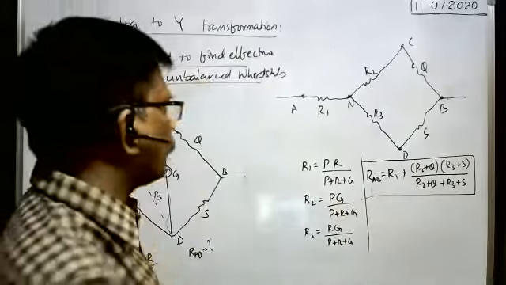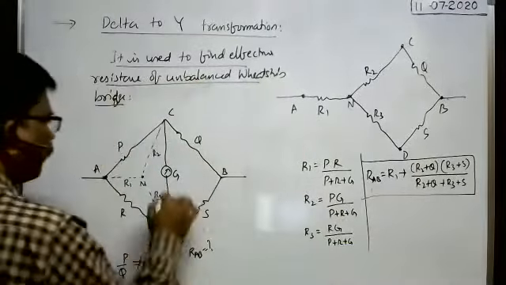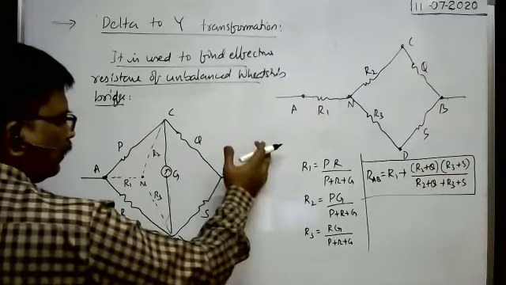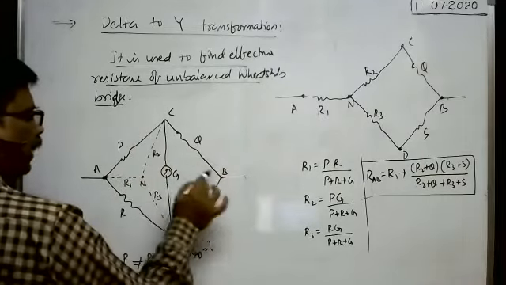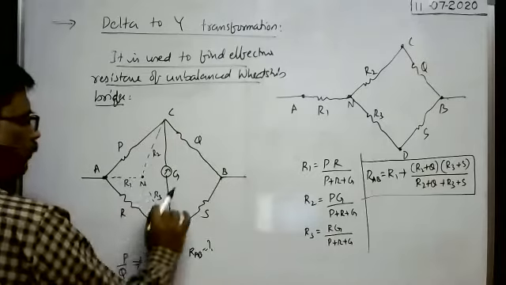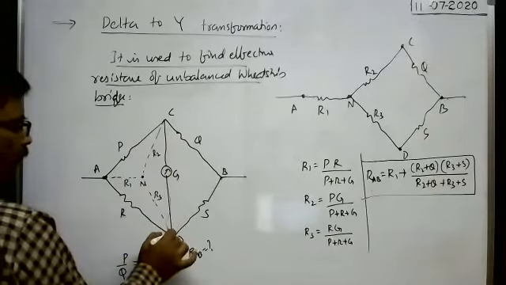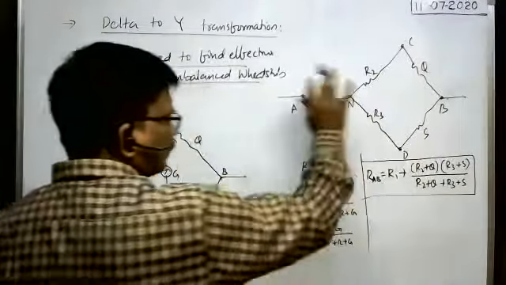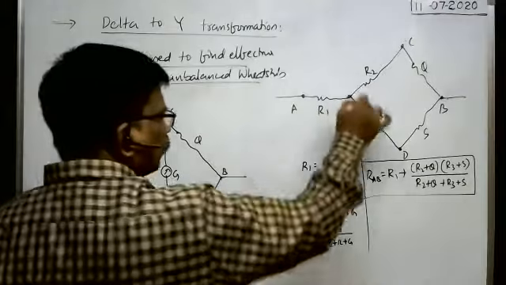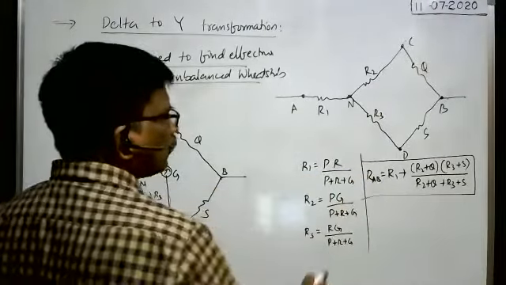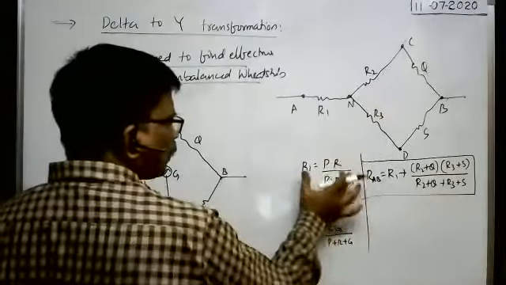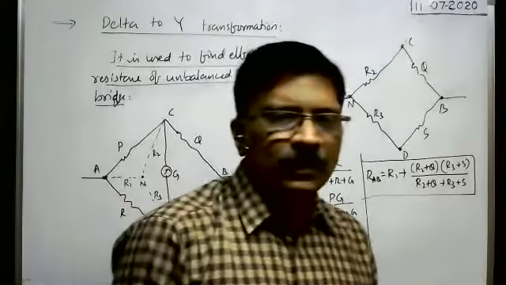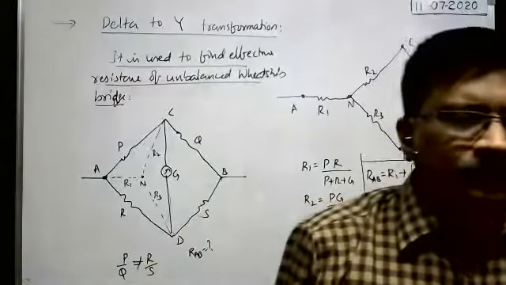Not only in the Wheatstone bridge circuit, in any circuit, if a delta form is there like this as a part of the other, then in order to find the effective resistance between A and B, this delta form between C and D can be converted into a Y junction like this. What about R1, R2, R3? These are the values. So instead of R1, R2, R3, you substitute these values here. Then you can do the problem very simply. In this way we can do the problem.